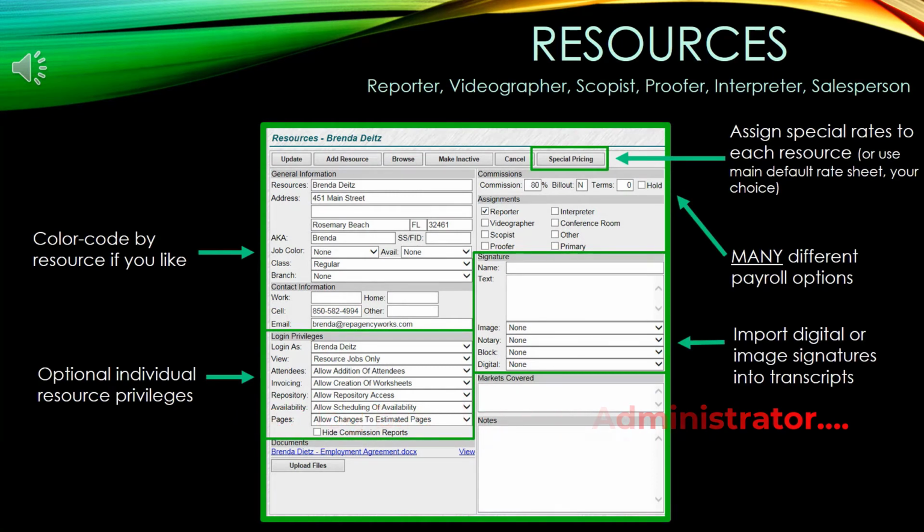Resources are considered the individuals assigned to the job and those that you will ultimately be paying. They're your reporters, videographers, scopists, proofers, interpreters, or salespeople, for instance. There's some global privileges that apply to all resources, but you can allow or disallow other privileges based on the